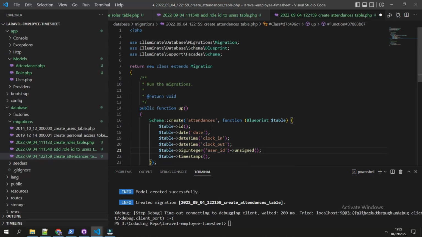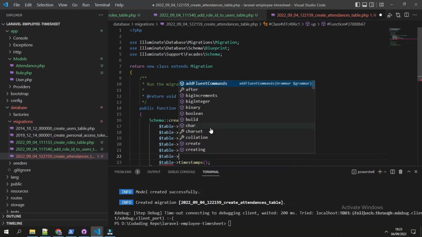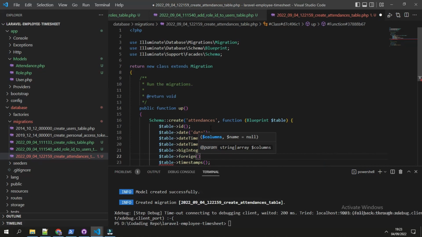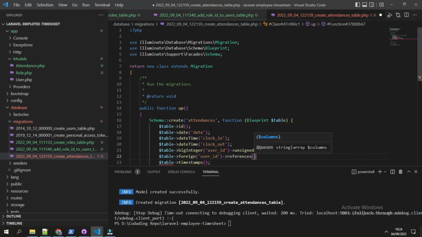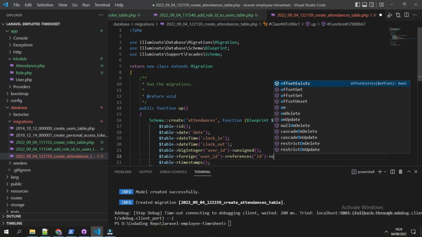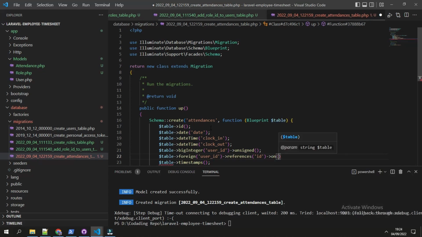Now we add the foreign relationship for the user ID: table foreign, the column name is user_id, and it will reference the column id on the table users.